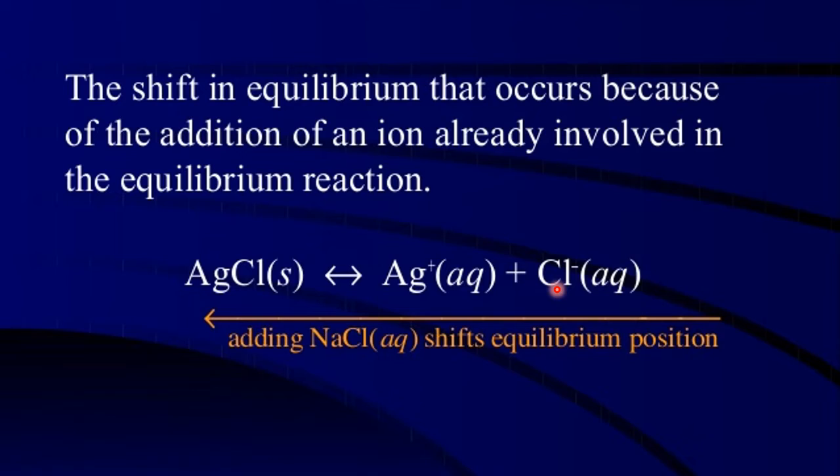So what happens when you increase the concentration of a reactant or product when the reaction is in equilibrium? It will shift in such a direction where it will be consumed. That means by adding sodium chloride, because of increasing the concentration of the chloride ions on the RHS, equilibrium will shift towards the left side. So these chloride ions will consume Ag+ ion and form AgCl.